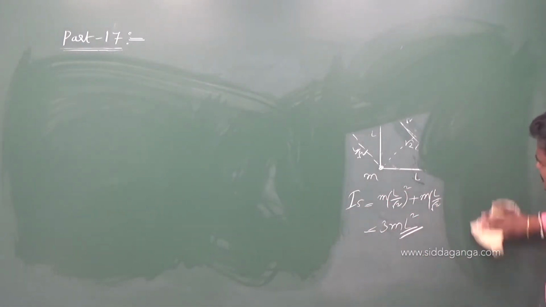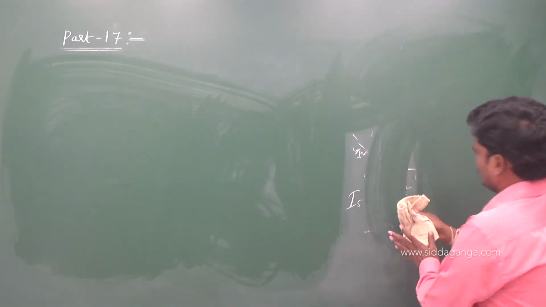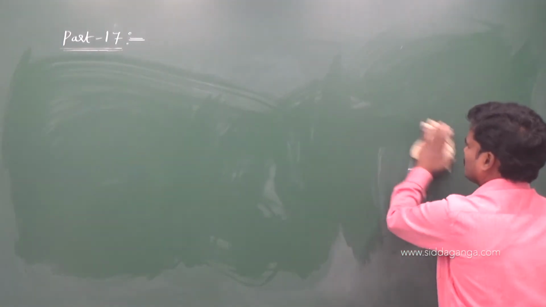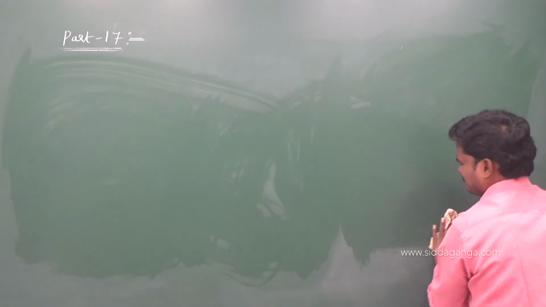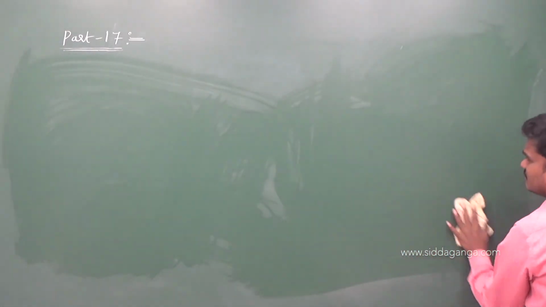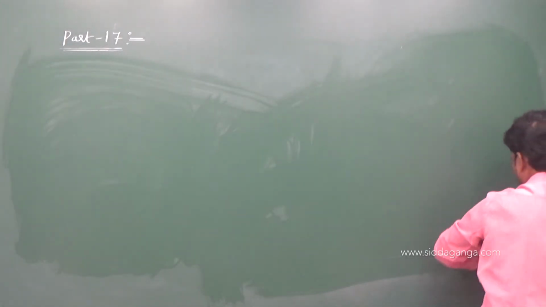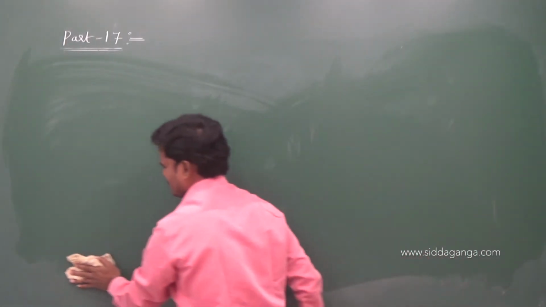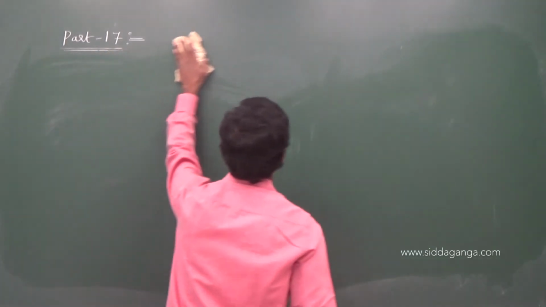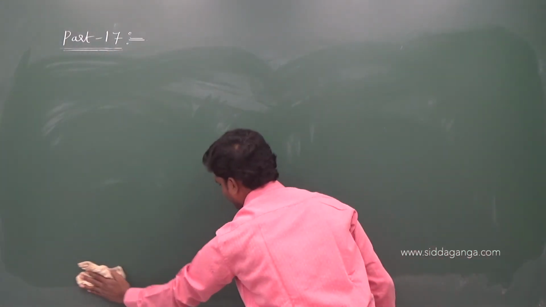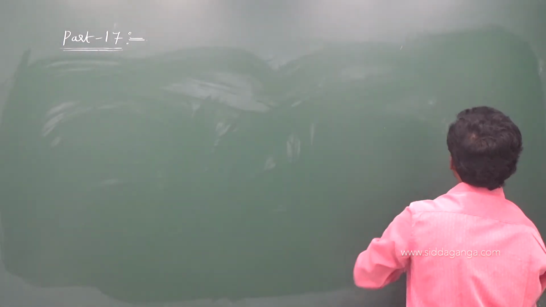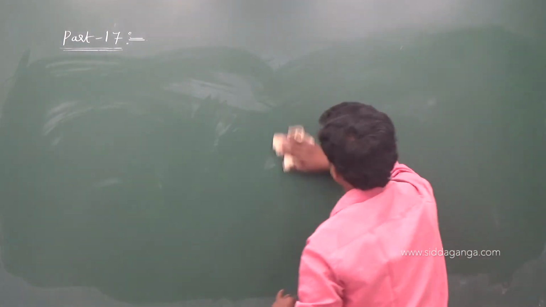See the next. Let us continue some formulas. Next I will solve so many problems. I will try to spend 3 to 4 lectures on moment of inertia. We can spend 5, 6, 7, so many I can spend, but we will see. If I take some 5 to 6 sessions, maybe some good level of questions are going to be covered. Based on the situation I am going to take the next lectures.